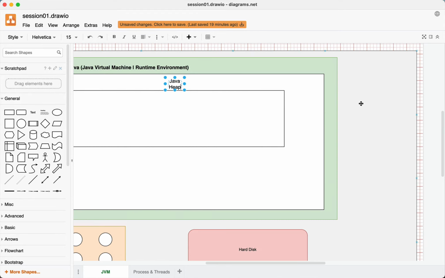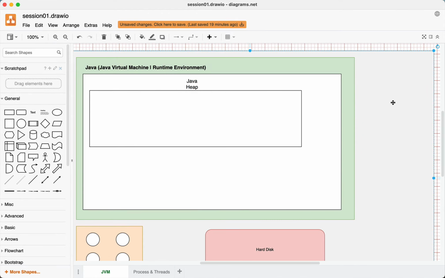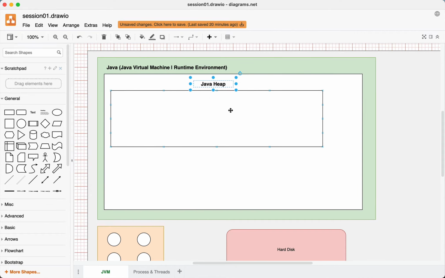If you go to the market these days, you will get a heap of mangoes. You will have a heap of apples. If you go to the fruit market, a heap of something. Java heap. What does this mean? The objects in Java will be stored here in this memory space. As simple as this, right? Java heap. So this is where the objects will be stored, this memory area.